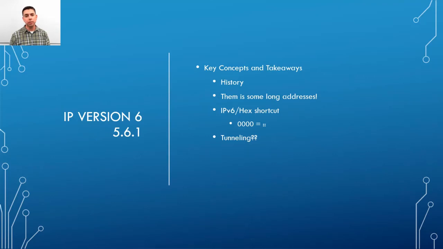IPv6, brief history: too many devices for the number of addresses that IPv4 could supply, and so they had to create a new version of handing out IP addresses, something that was more robust. So they went to a base 16. That's by the power of 16. And if you think converting into binary is difficult, try converting into hexadecimal, where you have numbers and letters up to a certain letter. It looks like a MAC address, but it's an IP address. And yes, there are some very long addresses, but it gives almost endless possibilities as far as